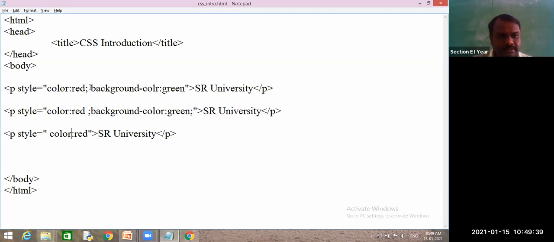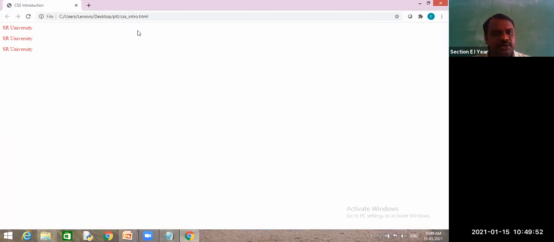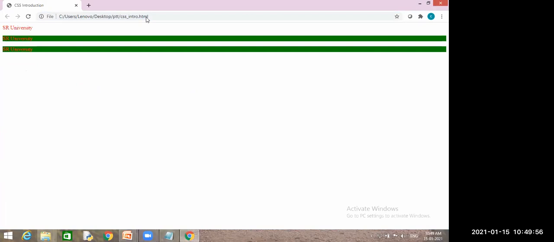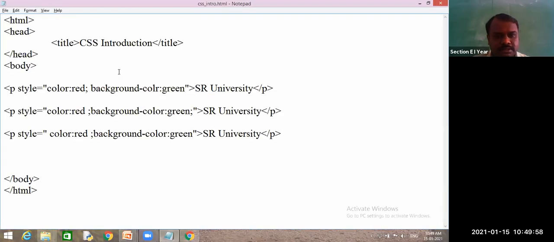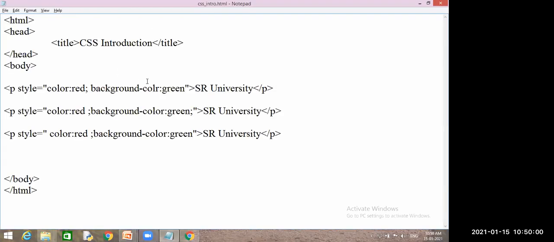And one more thing, background color is green. Now what happens if I see this output? You can see the color spelling. Color spelling in the first line. What happens? Where? Okay. Thank you. Color.